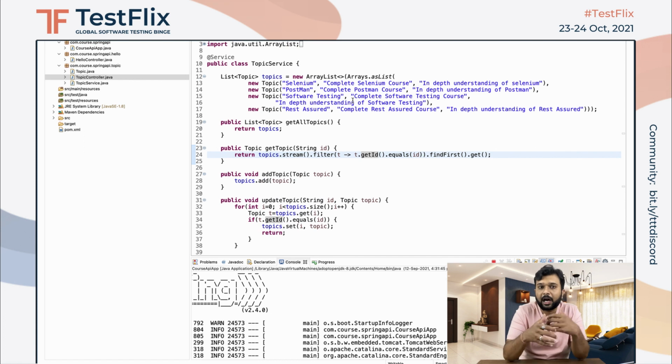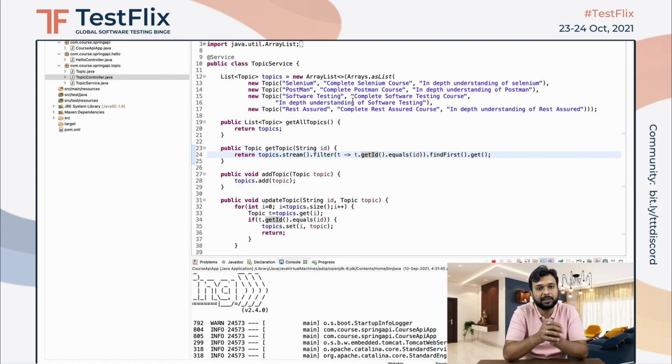So here basically is how it works. I have created a simple static list, and with that I have added 4 static data items. Now I have a list. Now I need to get all topics, so basically I am simply returning that list. Later on I am going to get the single entity. For that, I have to just filter the list and grab that data. Later on I am adding a post request.